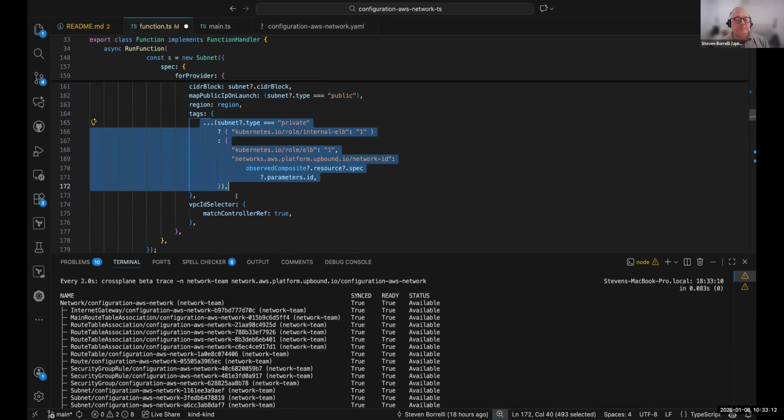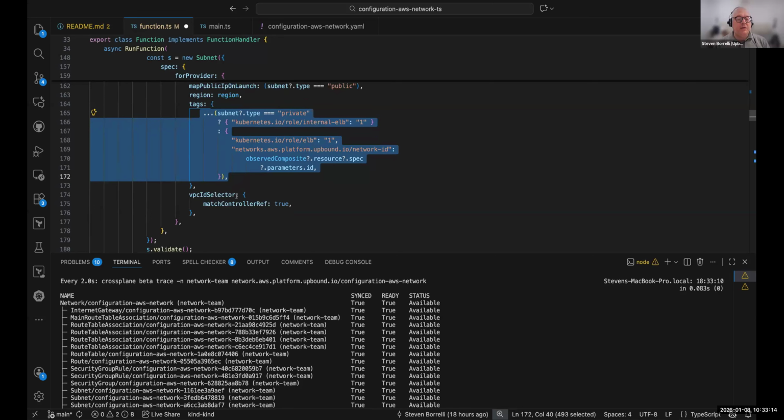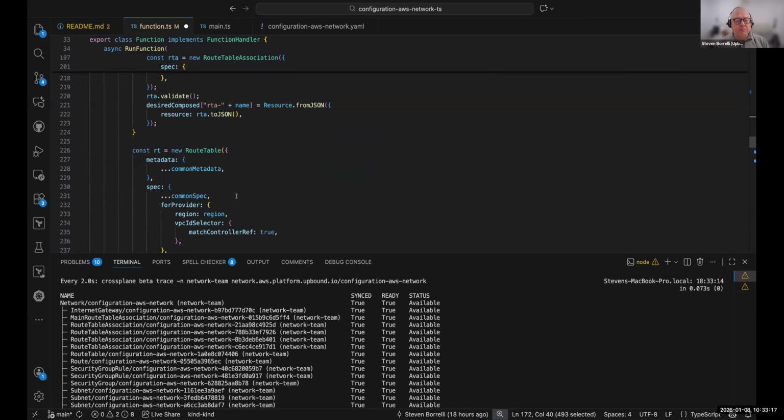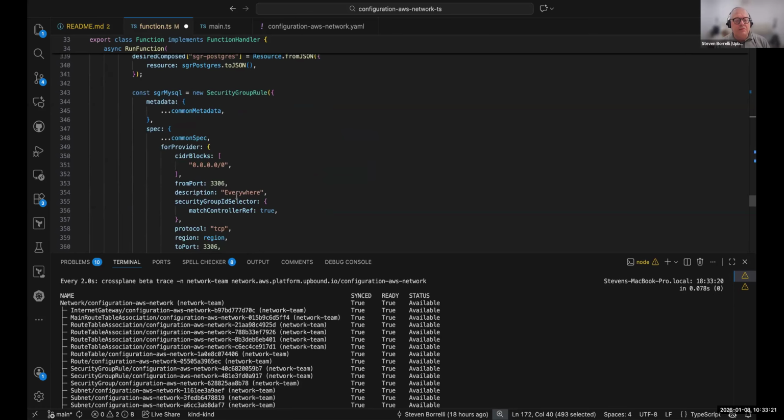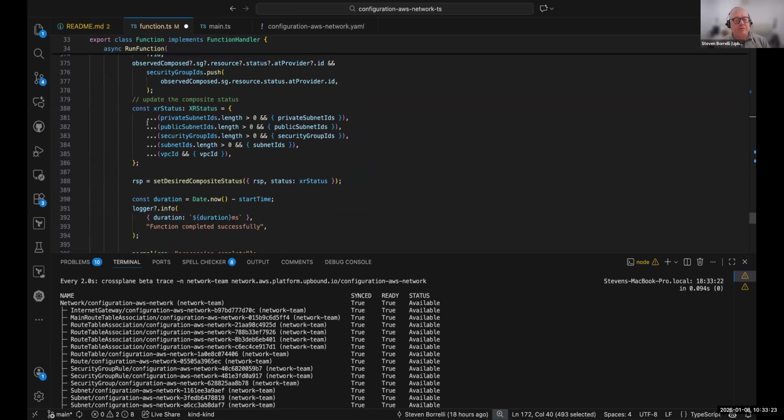Okay, that's pretty much most of the logic here. We do some things about updating the status, but otherwise it's very similar to almost every other composition function. And you can see there are some shortcuts here. If any private subnets are defined, then update the status. More spread operators.